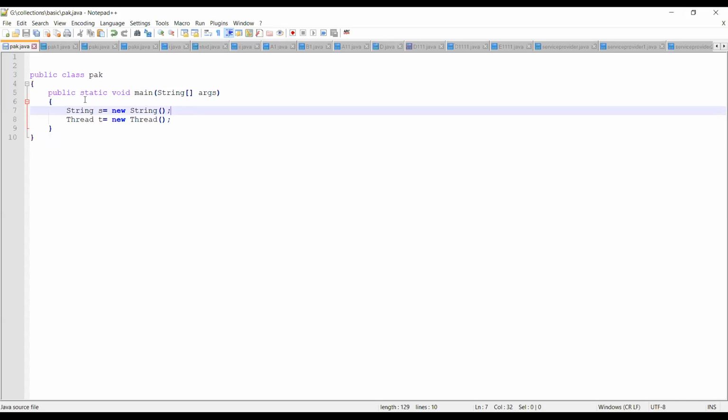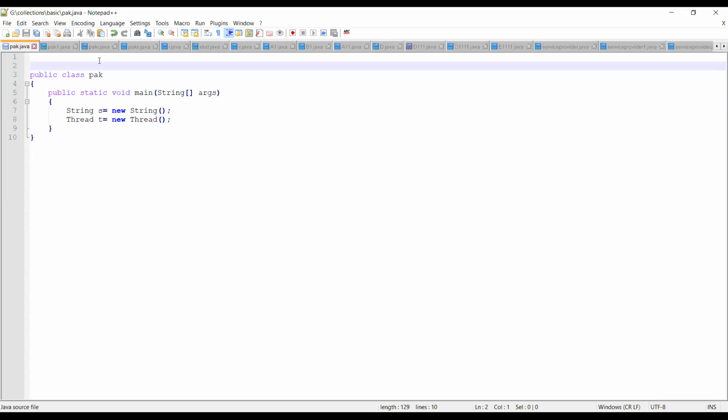So why is that? Because the String and Thread classes are part of java.lang. Whichever classes are part of the java.lang package, I need not import by default.